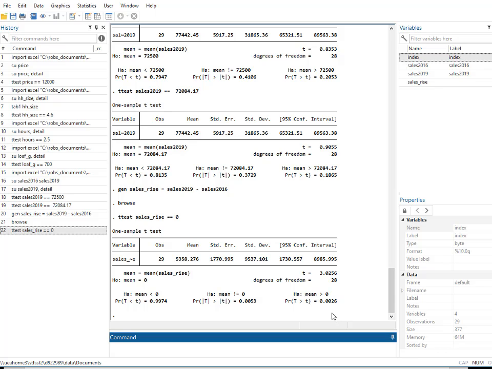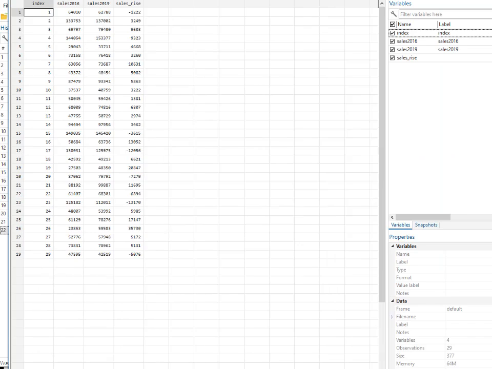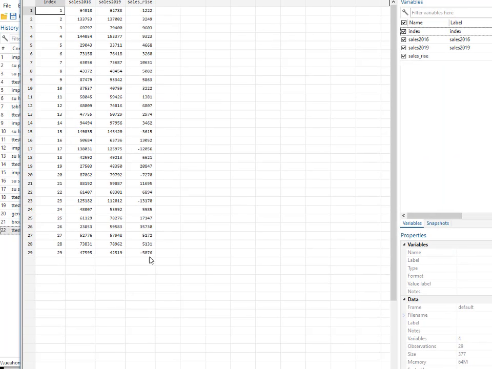And this test is more powerful than the previous approach, because the previous approach is essentially throwing away the information that the data we have is matched. You have data on each person's individual change rather than just the whole overall average for 2016 and the overall average for 2019. You've got the individual matched things, and we can see from the column of data that when you match it up, even though the actual size of the increase is pretty small, the chances of so many of them being positive and so few being negative, so you get this overall positive result, the chance of that happening if the overall level hasn't changed is very, very small. It's less than 1%.